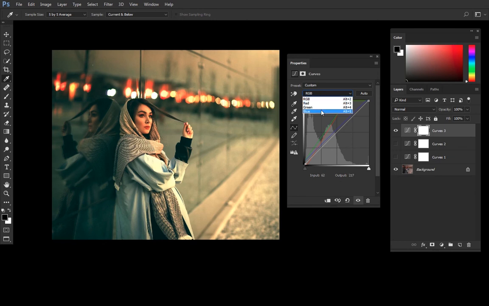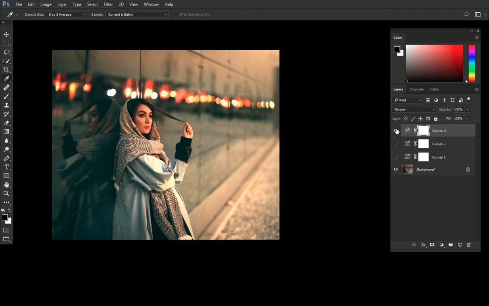You can also make changes in the curves later. You have total control over it. It's totally non-destructive technique. I think that's fine for now, and you get the idea about it.